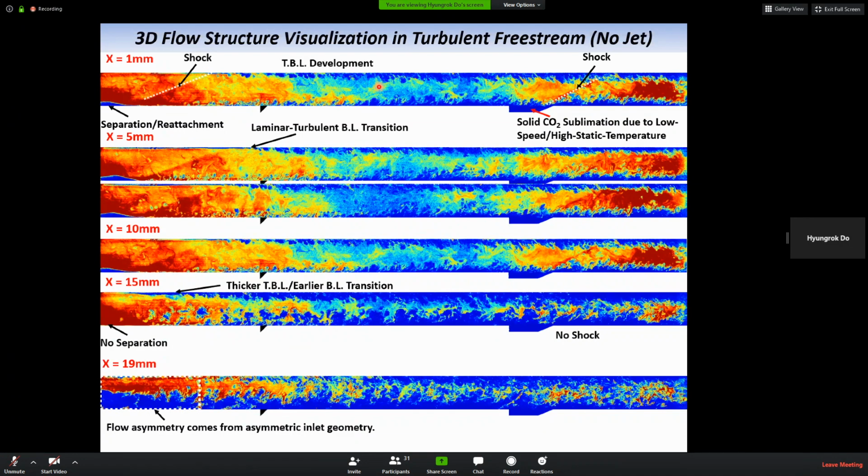Although the frequency of evolution is like kilohertz, then 1 microsecond is the period. But to see a clear snapshot of the flow structures, you should take the pictures within maybe 100 nanoseconds. Okay, so